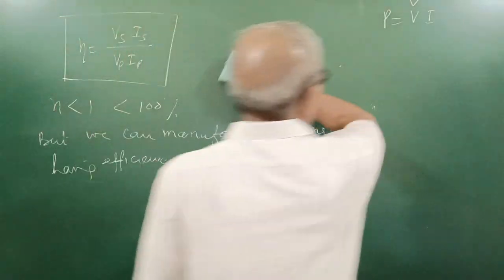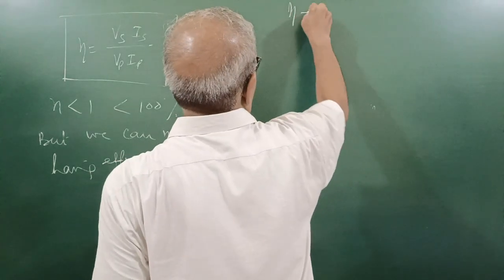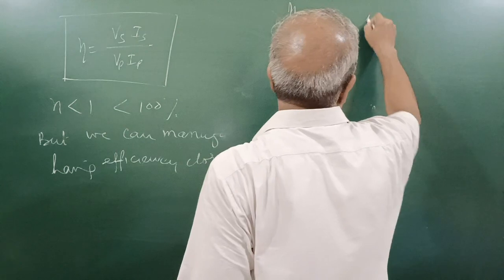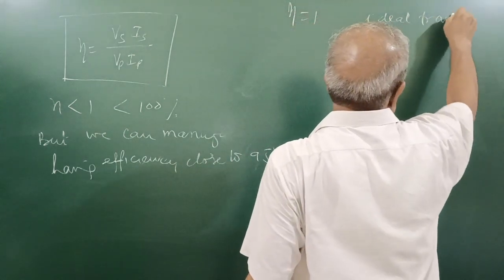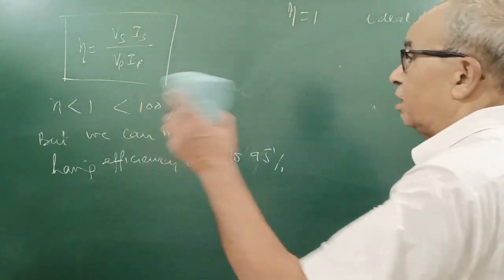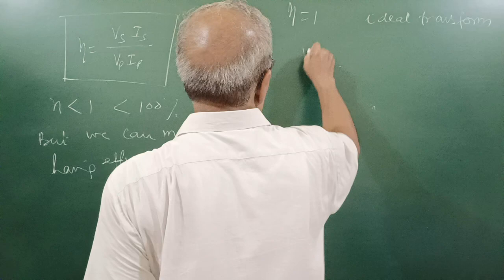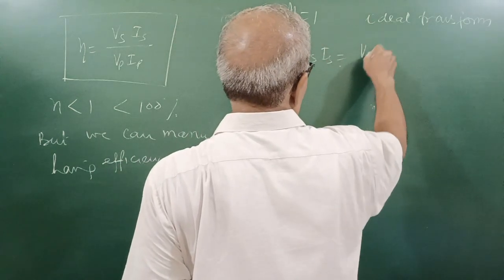So assuming the transformer to be ideal now, eta is equal to 1. For an ideal transformer, which has efficiency close to 100%, meaning up to 95% we consider ideal, VS into IS is equal to VP into IP,